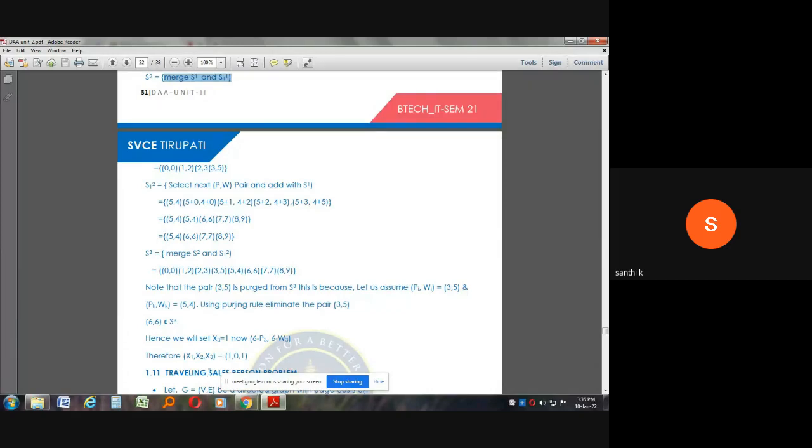Like that we have to go on to the zeroth object. And finally we have to write the solution vector. Which objects we are placing, that value is going to be 1. Any object we do not place, its value is 0. So here I have considered the third object as well as the first object, and I have not placed the second object. So the solution vector is 1 0 1. For this, we have to add the profit of the first object and the third object, and we will get the profit. So this is the 0/1 knapsack problem.